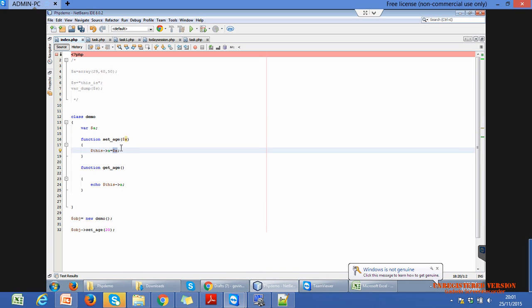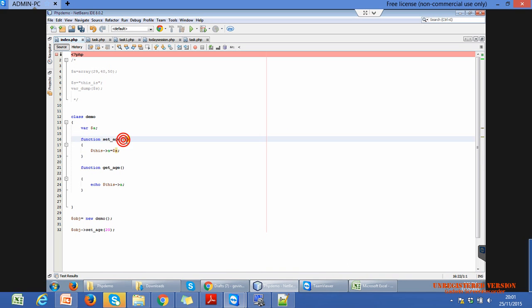This x, the argument of our function, is assigned to a. So this code sets the age of a person, or sets the value of the class variable. If we want to see the value, we have to use dollar